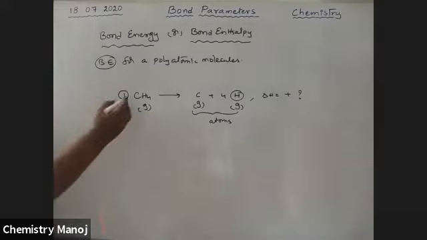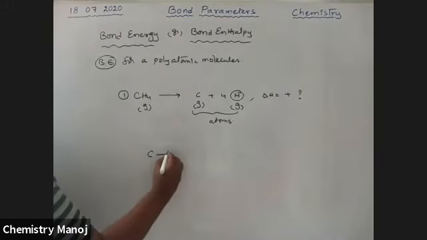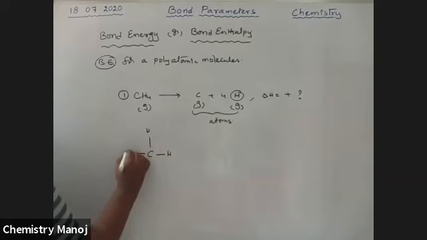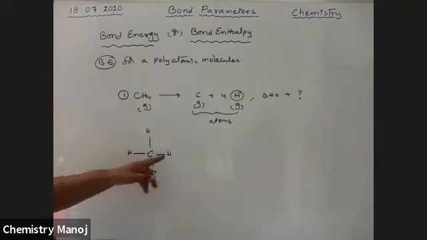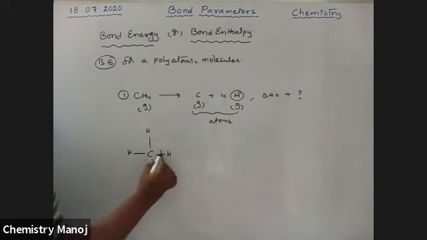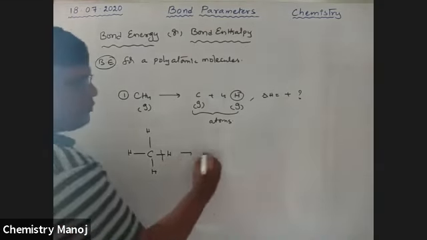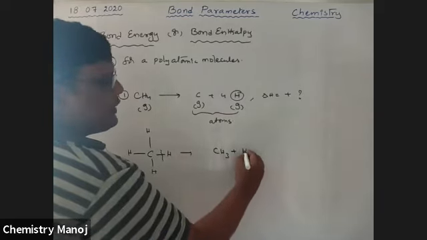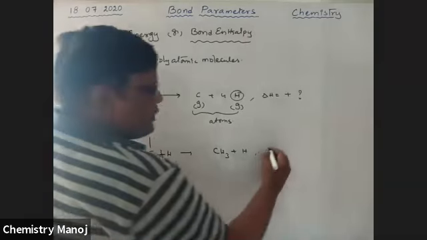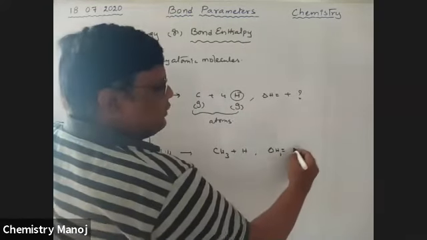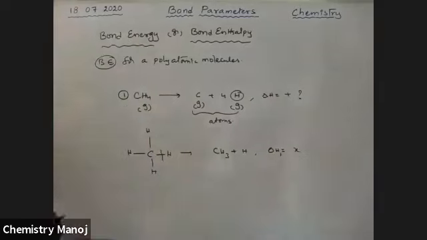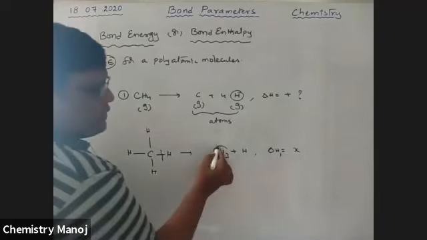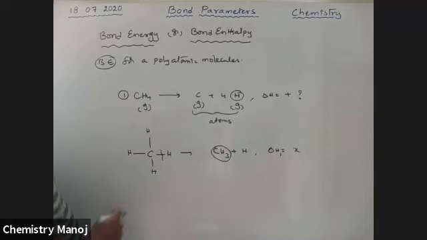See here, this is CH4 molecule. There are 4 CH bonds. Now I want to break one bond. So that gives CH3 plus H. For this purpose, I am using some energy, that is delta H1. Let it be X kilojoules of energy. Now we have CH3 and there is no CH4. CH4 is converted to CH3.